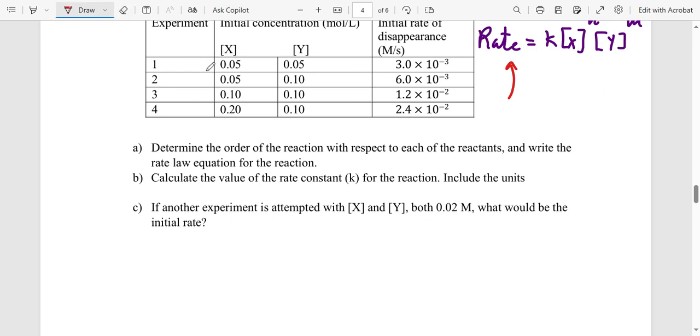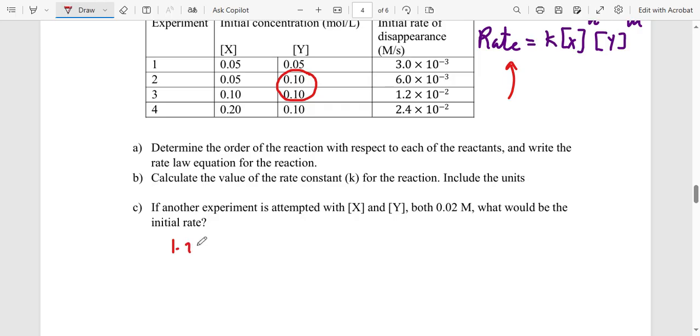I'm going to get equation 3 over equation 2. Remember, we're getting two equations at a time, and I've chosen these two because y will cancel out. So equation 3,